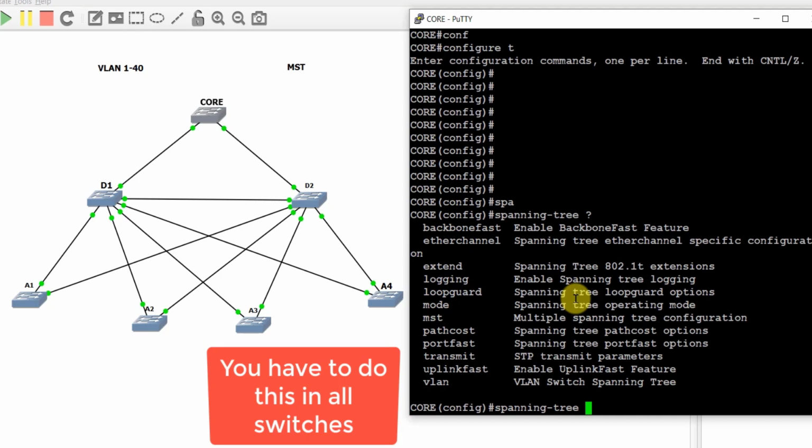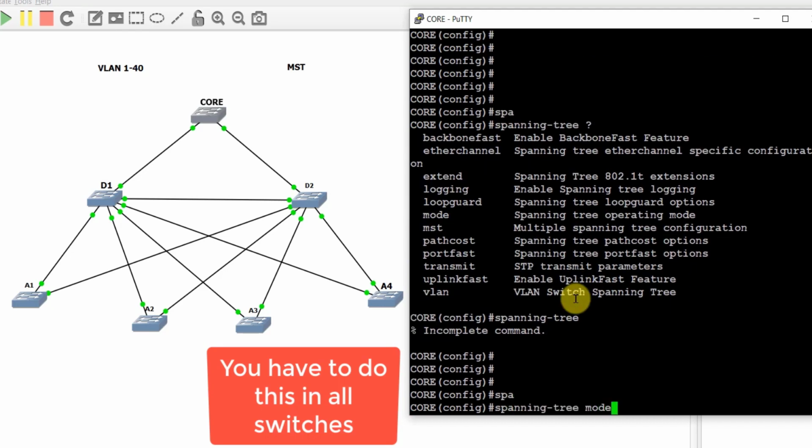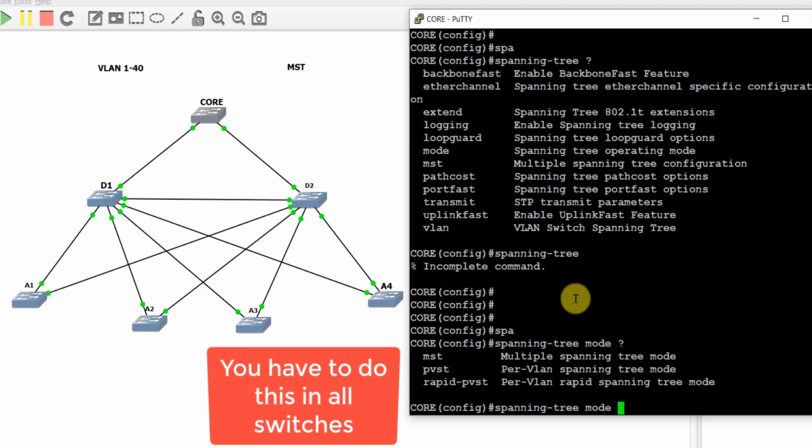You can see other commands with spanning tree mode question mark, 3 modes in here: MST, PVST, and rapid PVST. By default, we have multiple VLANs, so as a result, it is per VLAN rapid spanning tree mode. Because of the traffic of the BPDU, we're gonna set MST